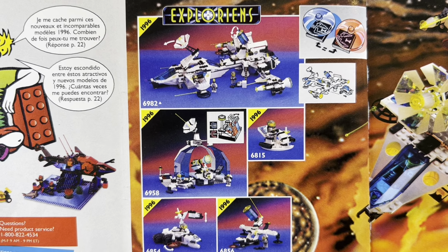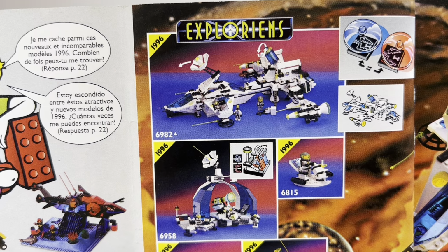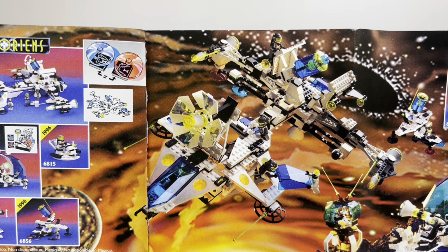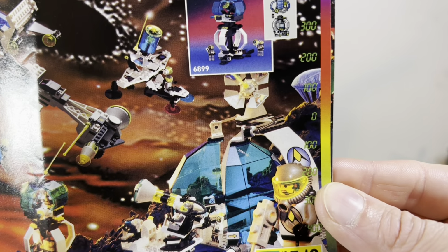I think I had all of those. This was a pretty big set. Pretty big spaceship. It's kind of hard to hold, as you can tell from the design. Look at that. But it was fun. I had that one. That was cool. It was very unique. Loved the prints, the torsos. As you can see, they have more of a